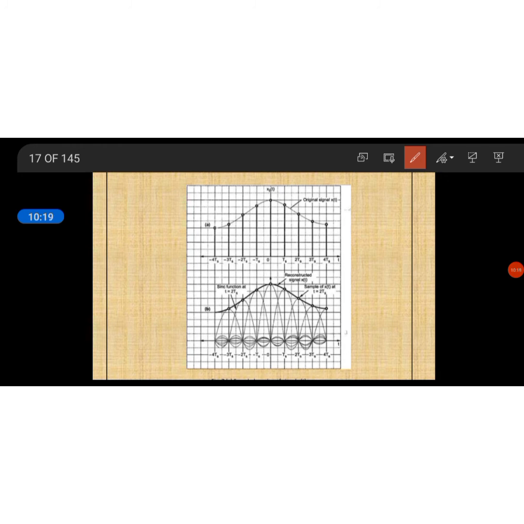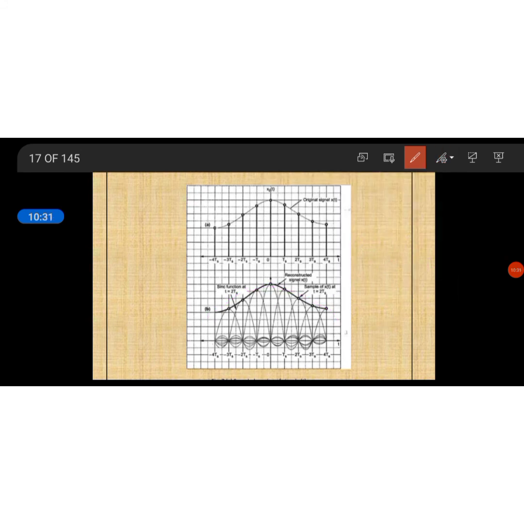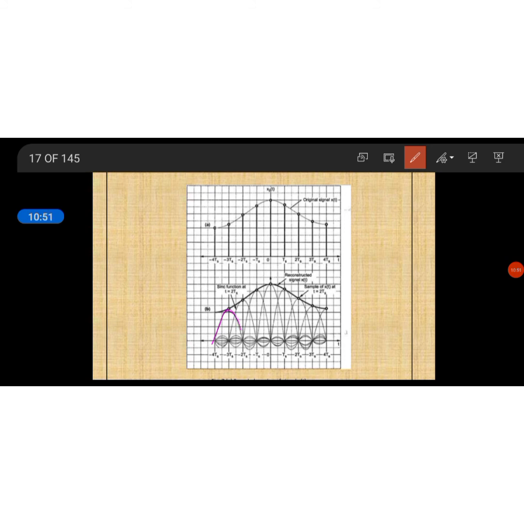This graphical representation is about the sinc function of the second equation of the second part, which shows that it is a sinc pulse. So every part will have a sinc pulse, that is, main lobe as well as side lobes. That second equation can be expanded and plotted like this. Every top of the sinc pulse is the maximum, right? This is one sinc pulse. This is another sinc pulse.